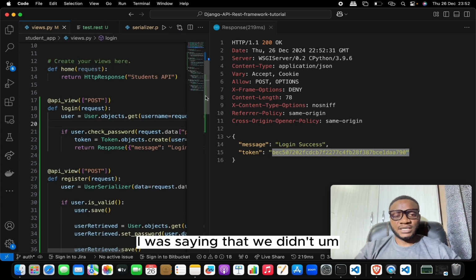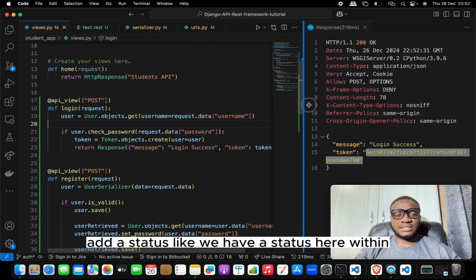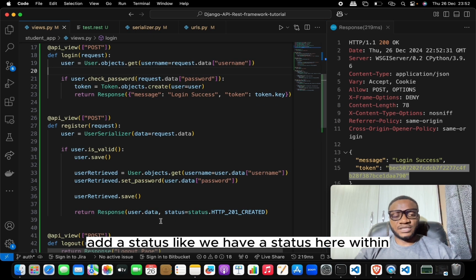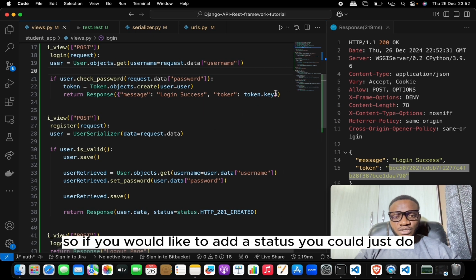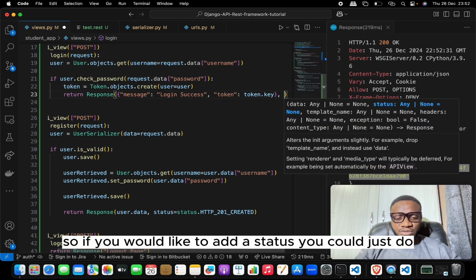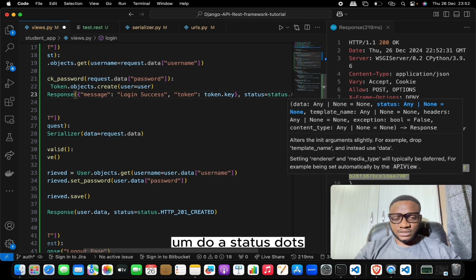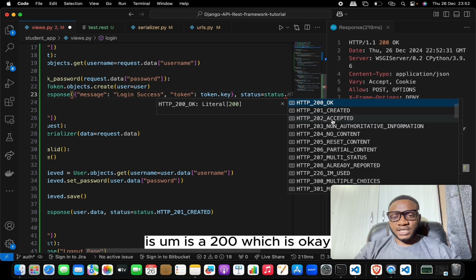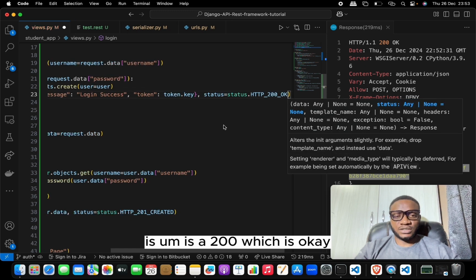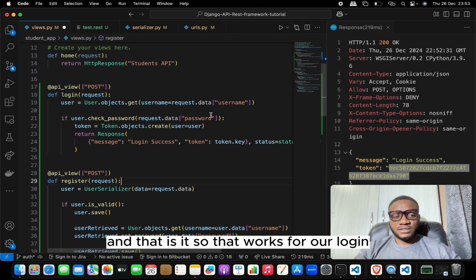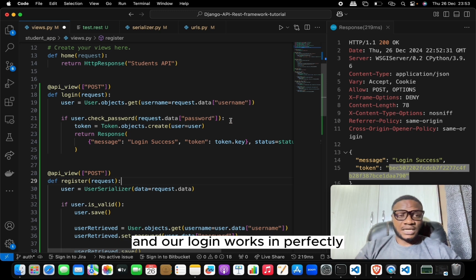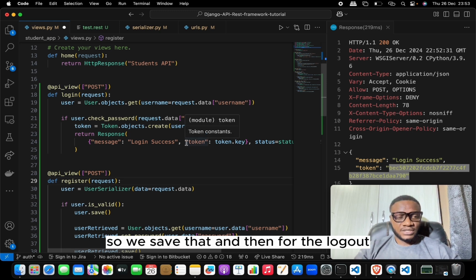So I was saying that we didn't add a status, like we have a status here. We didn't add a status here. So if you would like to add a status, you could just do status and do a status dot, it's a 200, which is okay, and that is it. So that works for our login, and our login works perfectly. So we save that, and